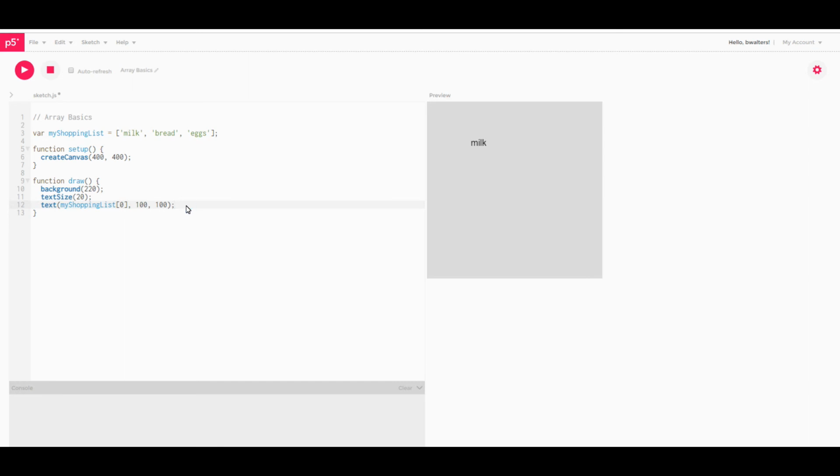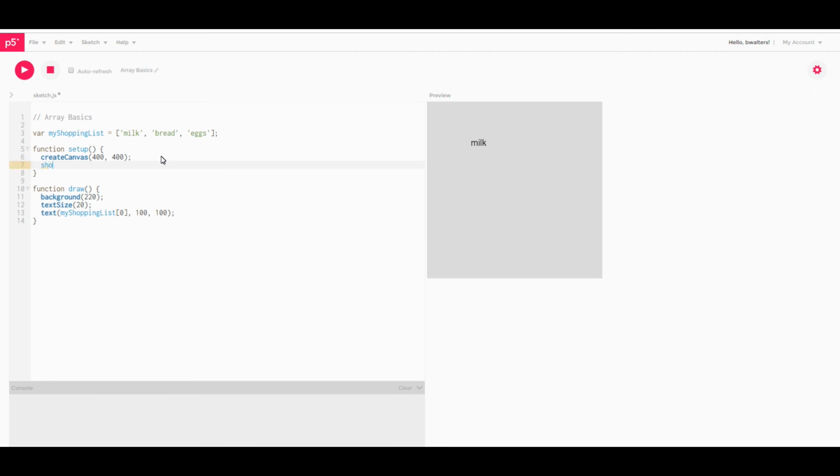The other thing I want to show you now is there's a whole bunch of methods that JavaScript has for manipulating arrays, for doing things with arrays. I just want to show you two simple ones, which is how to add an item to an array and remove an item from the array. So these are the push and pop methods, and these will just add or remove an item from the end of the array. There's other methods for getting specific items or a bunch of items from the middle, but for now,